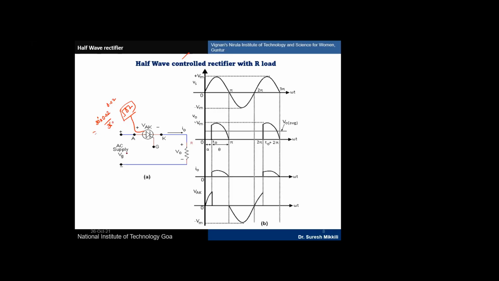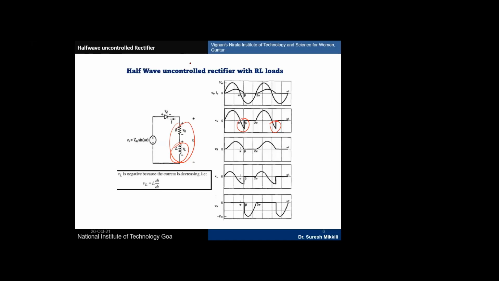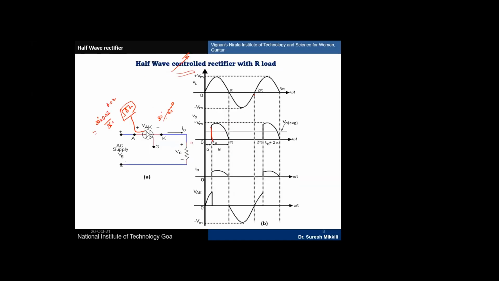So when the pulse generator is connected to the AC supply, what happens? At 30 degrees, it is conducting. So I am changing it to either 30 degrees, 60 degrees or 90 degrees. We are controlling it. With the help of the thyristor, we are able to control the circuit, as much as is required. That is the reason it is called a controlled rectifier. The earlier one is uncontrolled; we don't have any control, and we get the full waveform. Here we are controlling the circuit, deciding when to start.